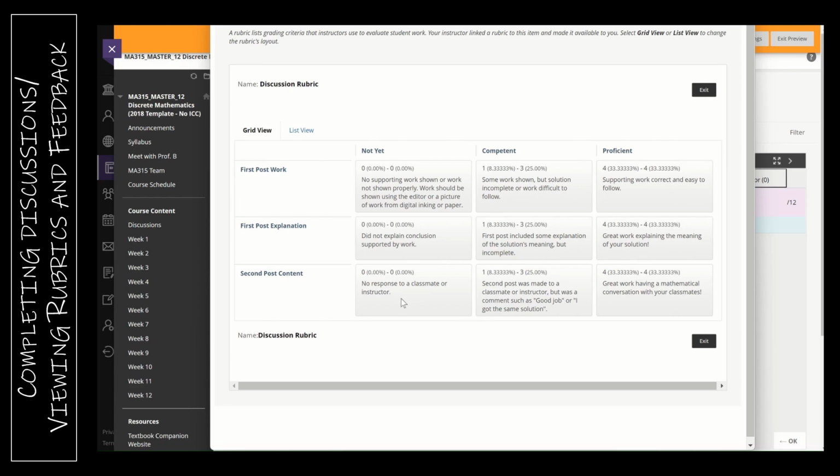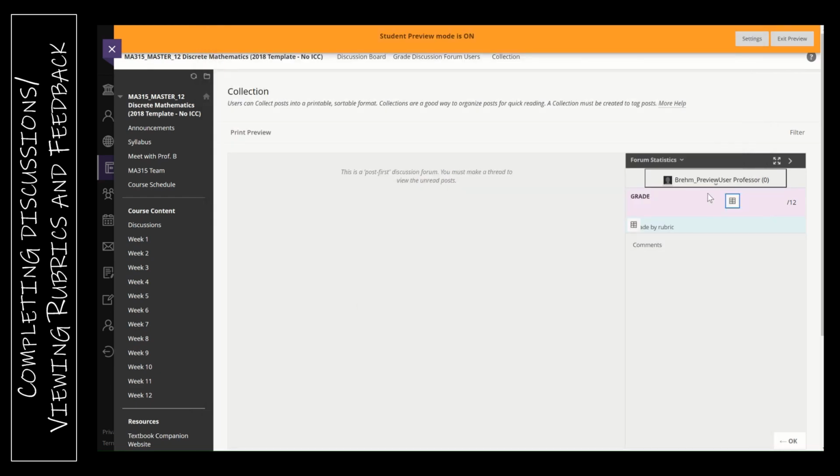And second post content is that you've had a mathematical conversation with your classmates, which means you've either helped them if they weren't quite where they wanted to be, or something else that furthered the conversation, as opposed to just saying, good job, I got that solution as well. So that is the rubric, and I'm going to go ahead and